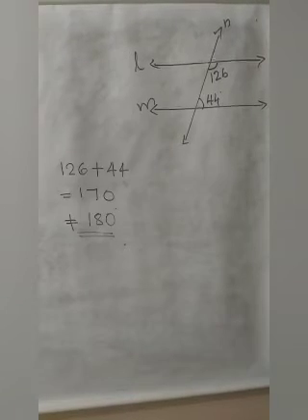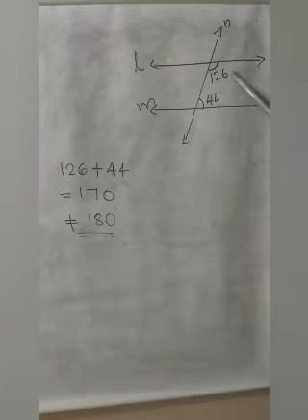So, here with lines L and M, two angles are given. Here I am using the concept of interior angles on the same side of the transversal, because when we look at the given angles, 126 and 44, what angles are they? They are interior angles on the same side of the transversal. So we can use that concept. The sum of the interior angles on the same side of the transversal, what should it be? If we are getting their sum 180, then we can say L is parallel to M.